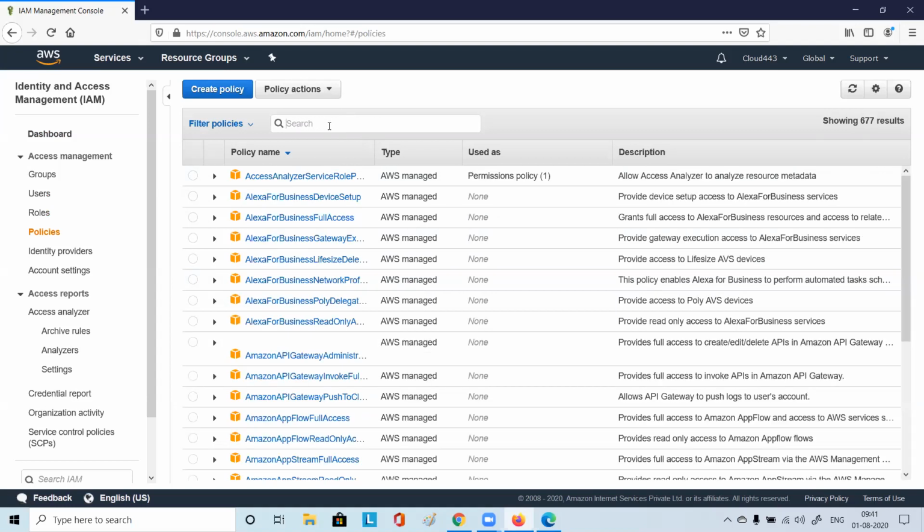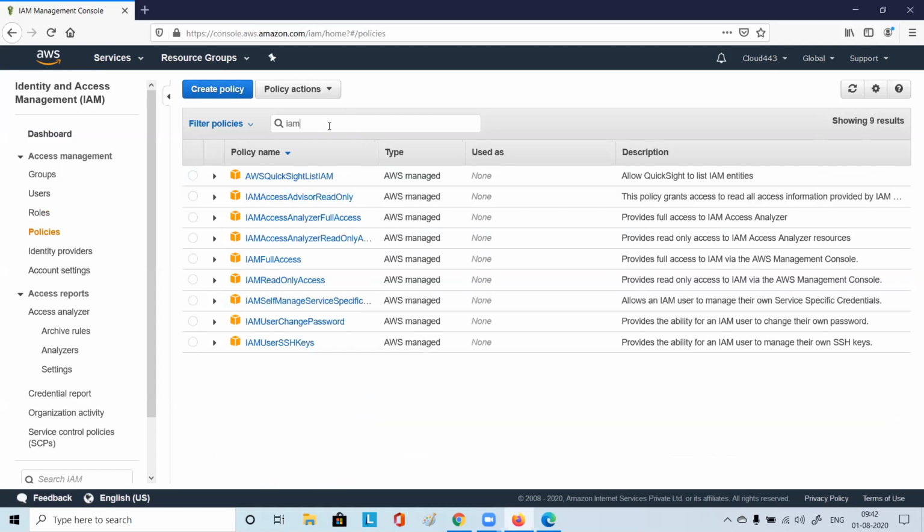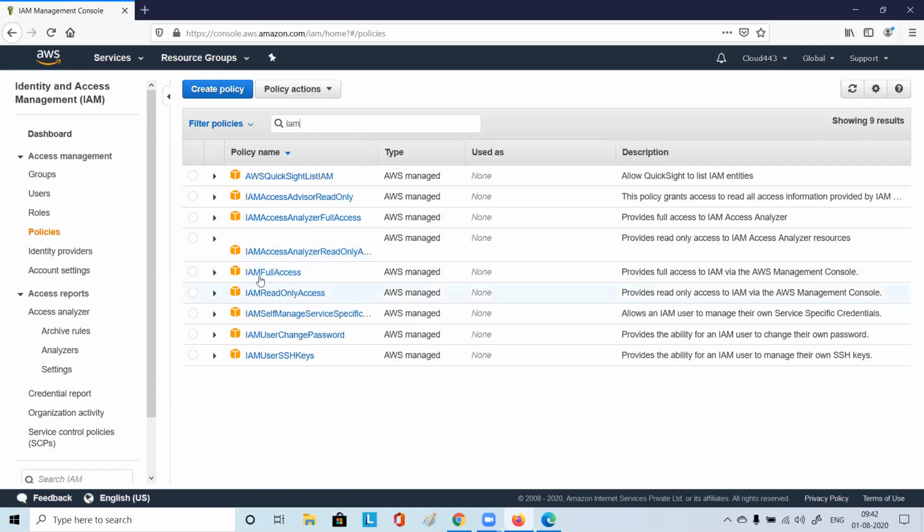Or you can check for some policy related to IAM, say like IAMFullAccess policy, which provides full access to IAM via the AWS Management Console. These policies are actually written in JSON, right? We discussed JSON, right? So this will determine the authorization.